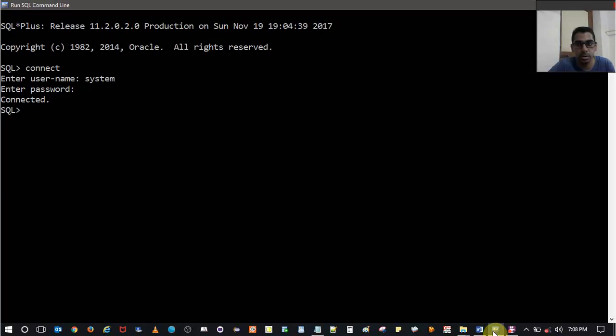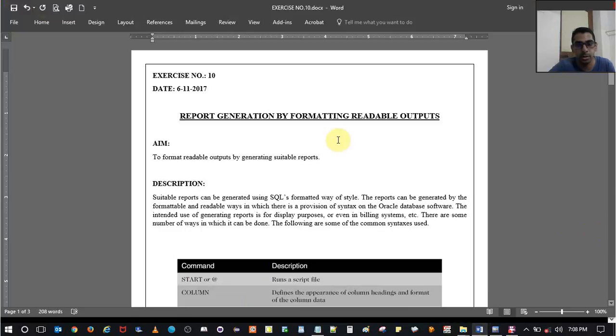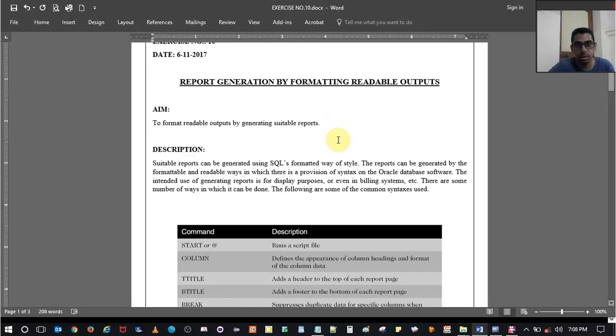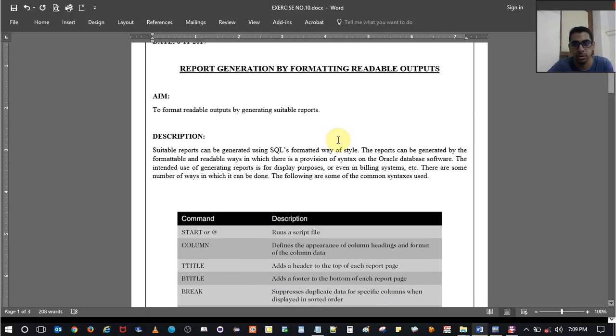And today we are going to see the visual demonstration of the 10th exercise, that is the report generation by formatting readable outputs. The intended purpose of this exercise is to generate suitable reports. The software that we are using here is Oracle, not anything else. It's Oracle itself. Oracle has its own syntax and formats specified by itself, and we're going to look at them one by one. We have 4 questions in this exercise, and we are just going to use the appropriate